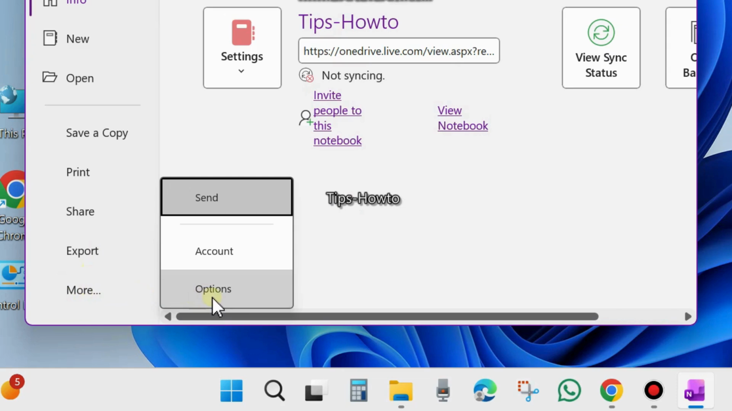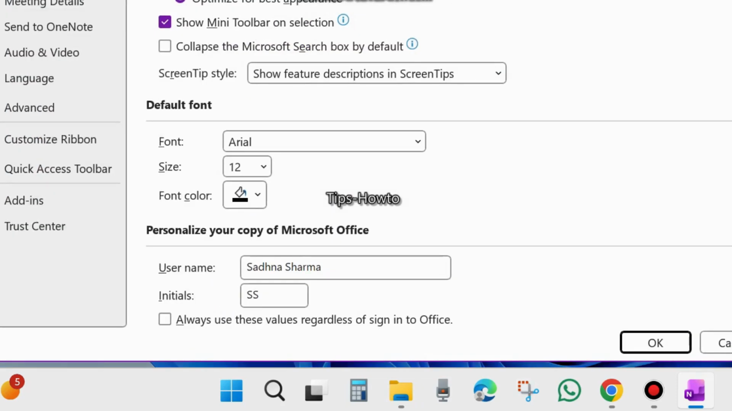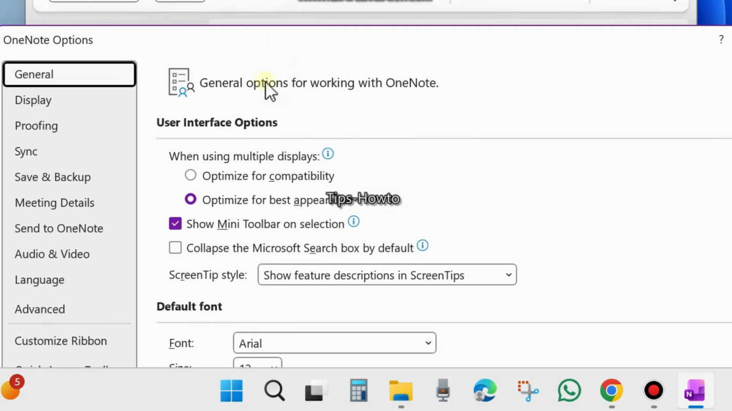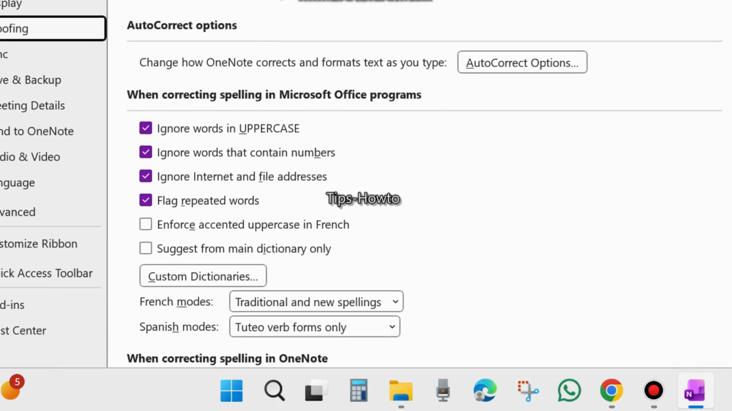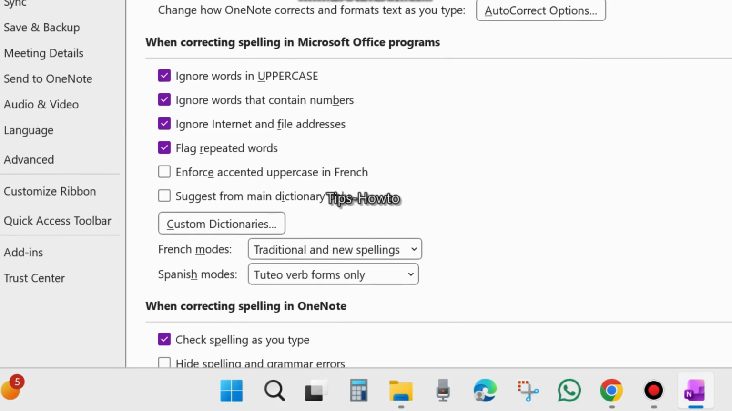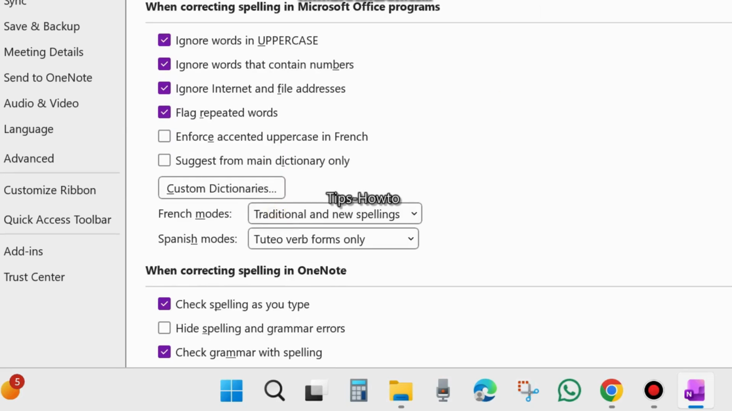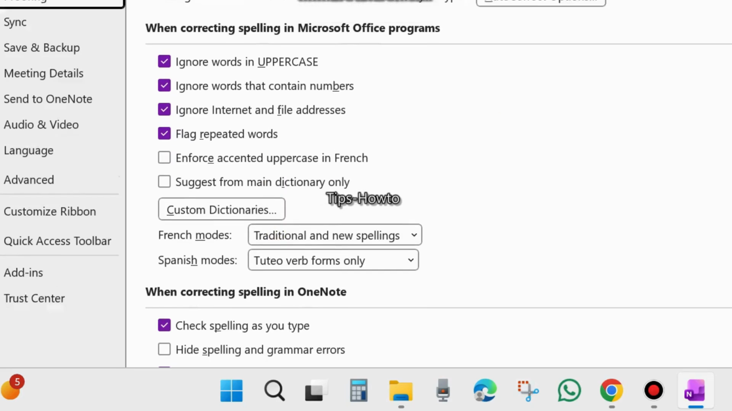Here choose Options. Thereafter, from the left side of the menu, click on Proofing. Thereafter, go to the right side and scroll down and